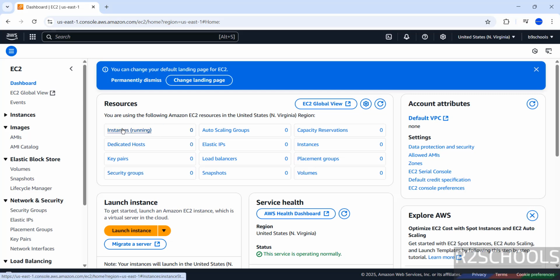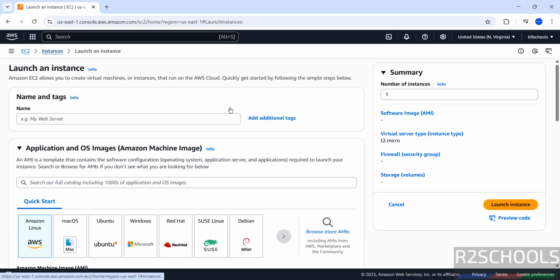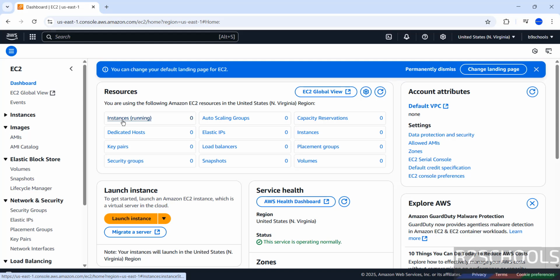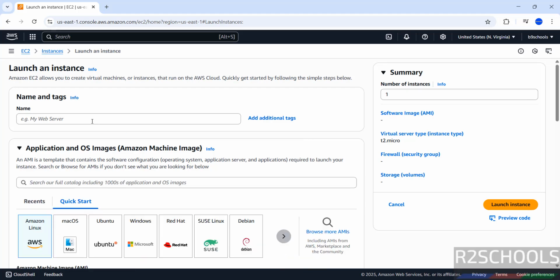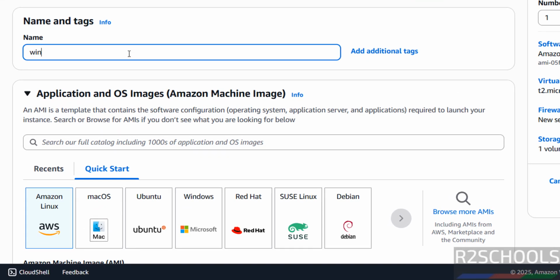Click on Instances or Launch instance. Both are the same. Even if you go to Instances, see here we have the Launch instance option. Click on it. Then provide the name. This is just the name and tag. Then select the